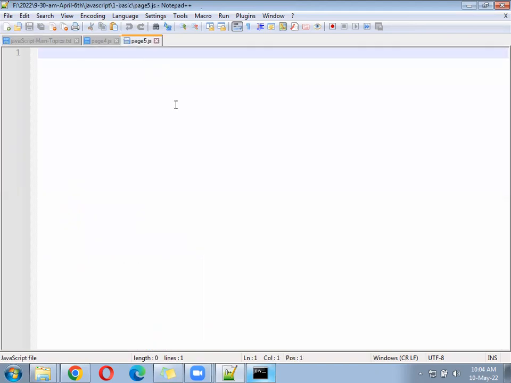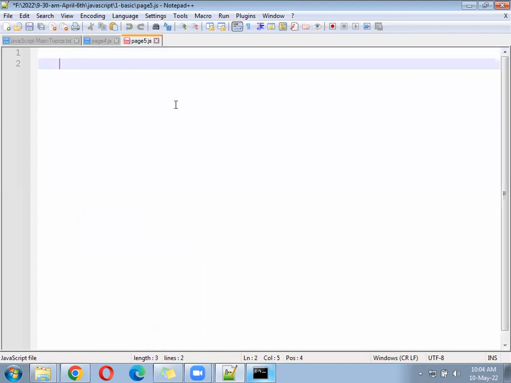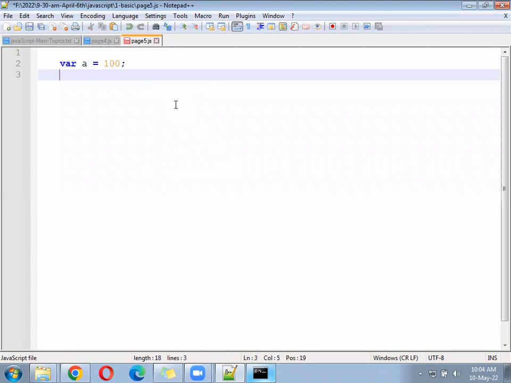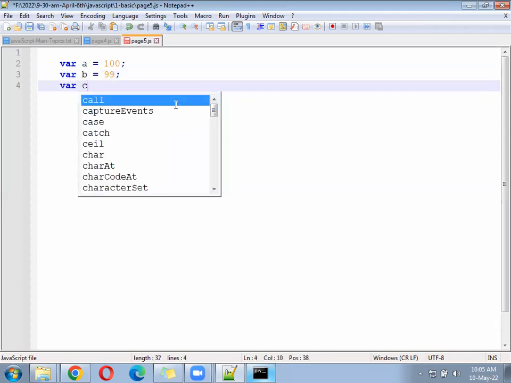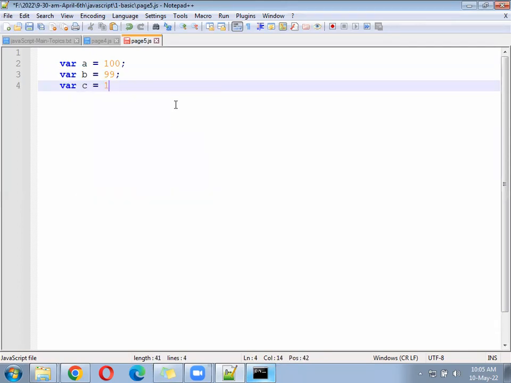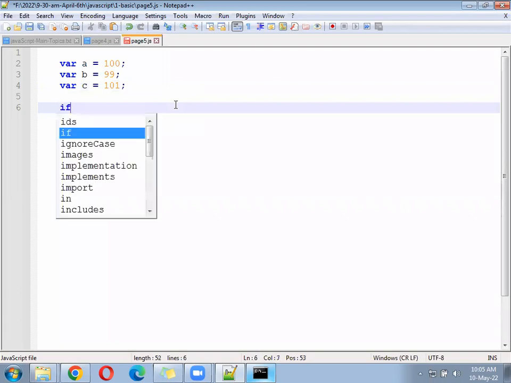Under page 5, you will write here a variable A, 100, variable B, 99, variable C, 100, 1, or maybe 98, or maybe 100, 01. Come down, check now if